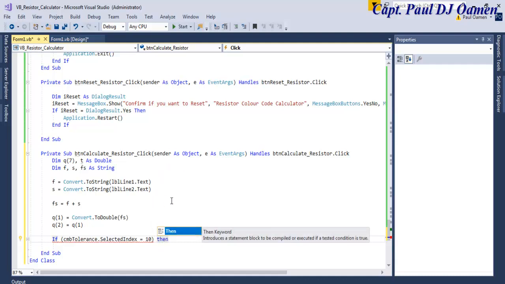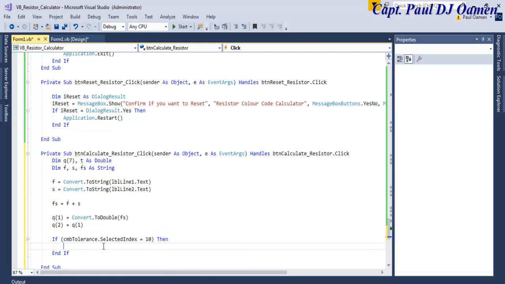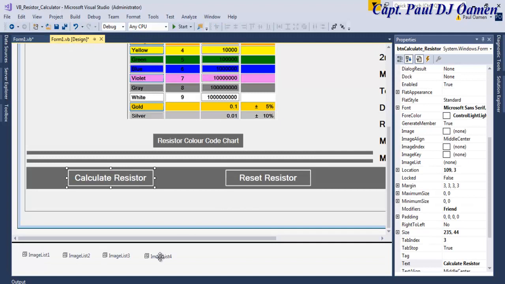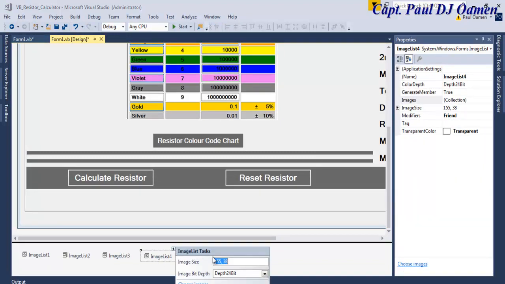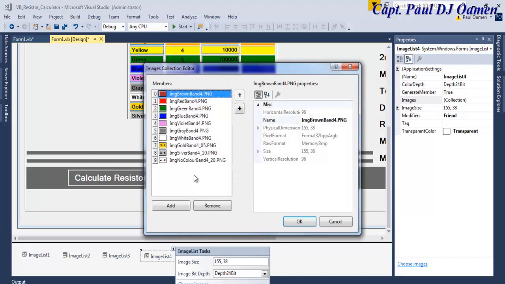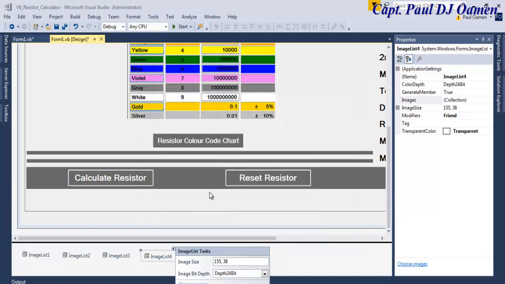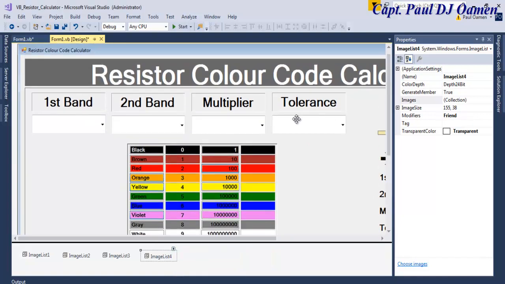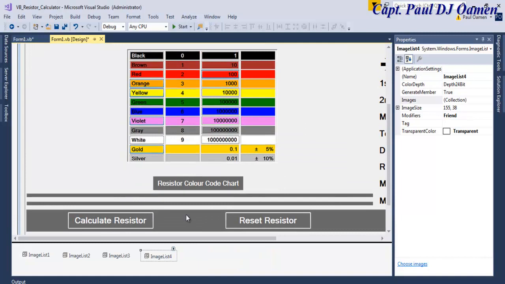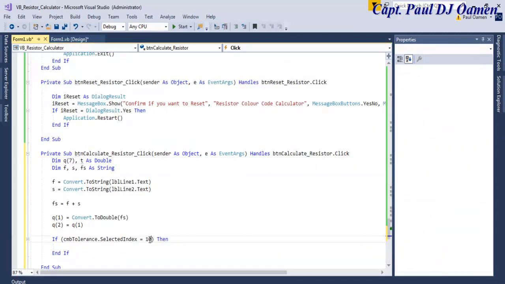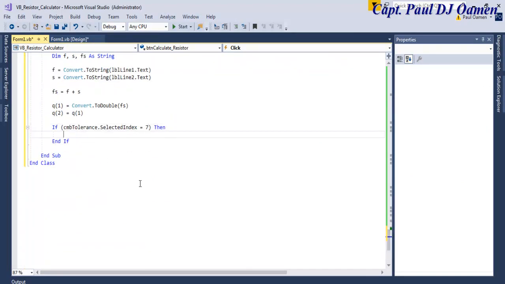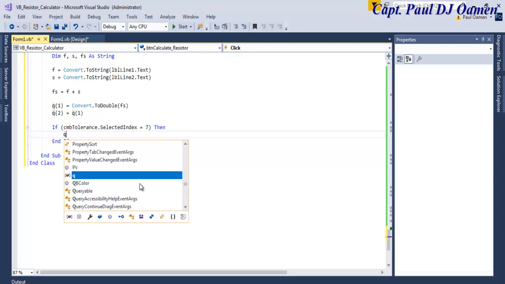Let's see what the index will be. I need to know what index that will be. I can't just assume it's 10. Click on that. That's 7, because the first one is 7, then 8, 9. Okay, go back in there. If the selected index is 7, now come right down here, and that's going to become Q3